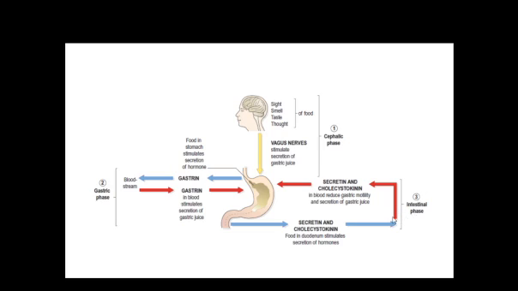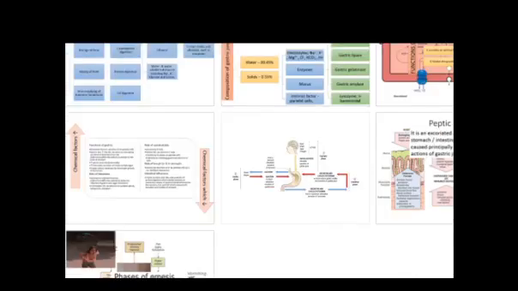In the intestinal phase, when the chyme enters the intestines, it causes the secretion of cholecystokinin and other inhibitory substances, which mainly inhibit not only the GI motility, the stomach motility, but also its secretion. But when the chyme is there in the intestines, still there is some amount of gastric juice secreted, which accounts for only 5%. So that's all about the different phases of gastric juice secretion.